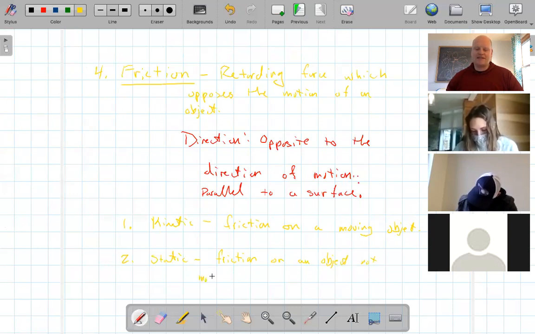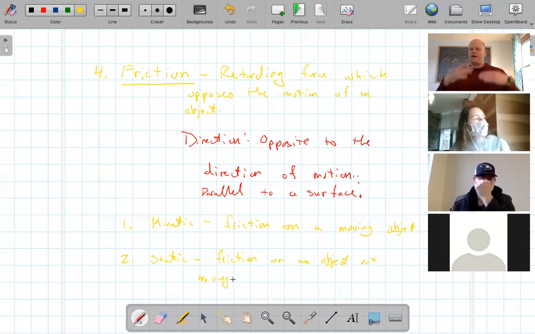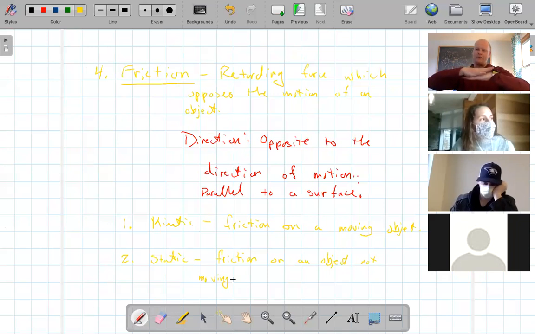Now, does that mean that the object doesn't really have to be moving? The answer to that is not really. What it really means is that the object is not moving relative to the surface. Okay, so this is what this actually means. To give you an example of that,